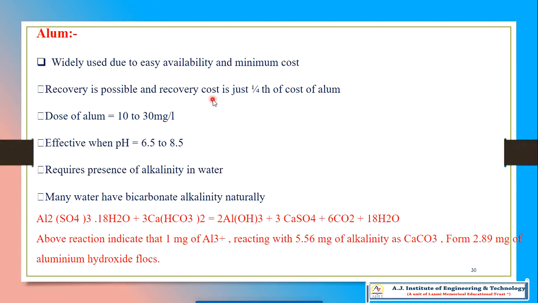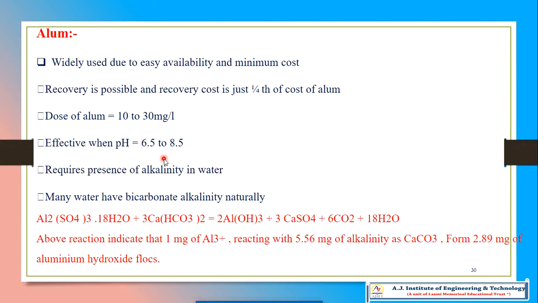Alum is nothing but aluminum sulfate, and the usual dose of alum will be 10 to 30 milligrams per litre, which is decided by laboratory test. It is effective when the pH is 6.5 to 8.5, which is the normal range for drinking water standards. In this way it effectively works as a coagulant and removes the settling particles, and it requires the presence of alkalinity